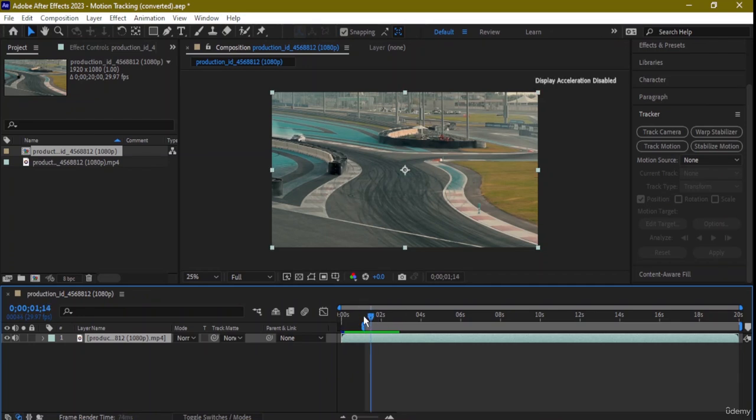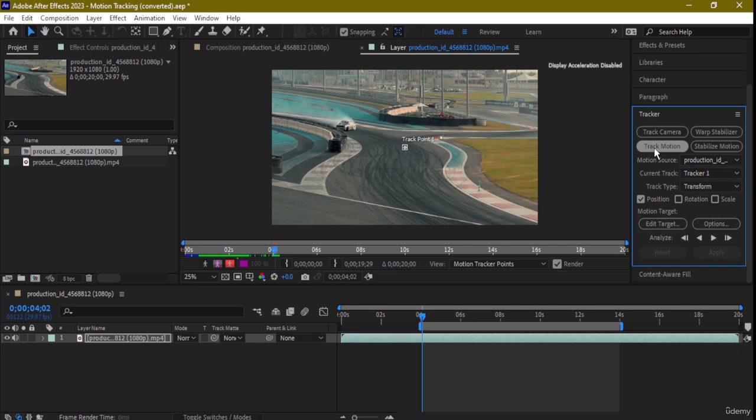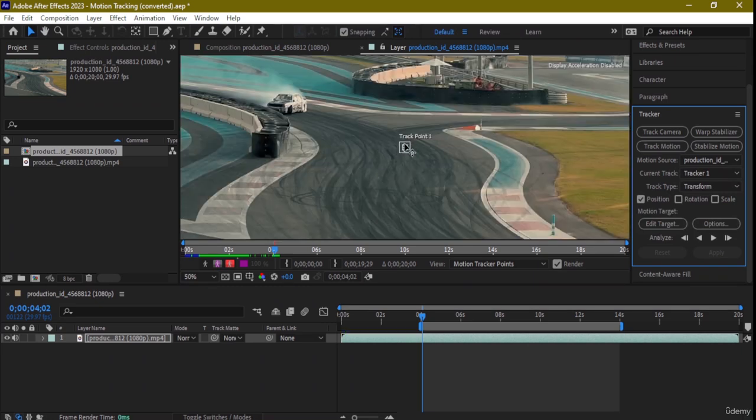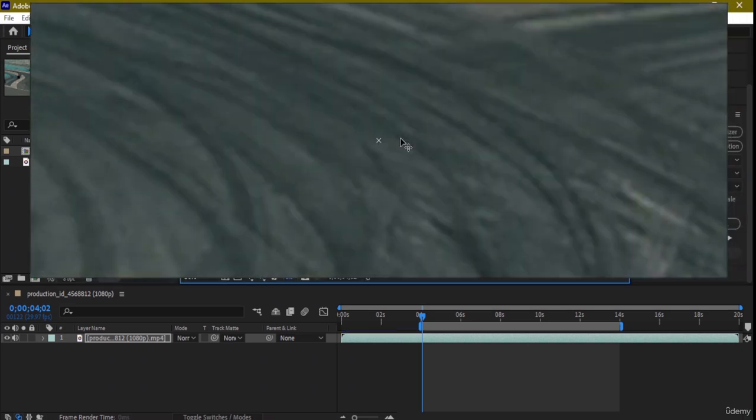Then I'm going to find out the position. Let's say I'm going to start off from 4 seconds. This is where it's going to start off from. So from here, I'm going to keep it around, let's say, this one, somewhere around 14 seconds. Now what I'm going to do is find the panel of track motion, and I'm going to click on this tracking point, and take this up over there,